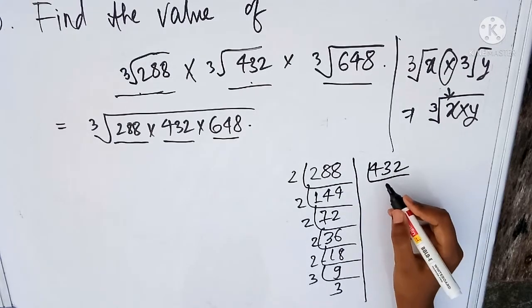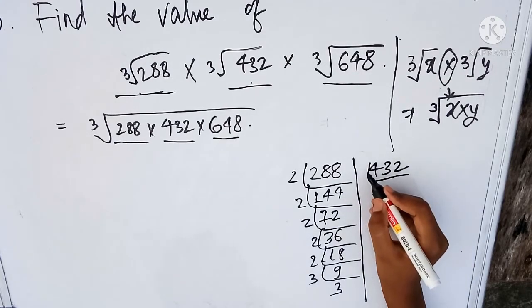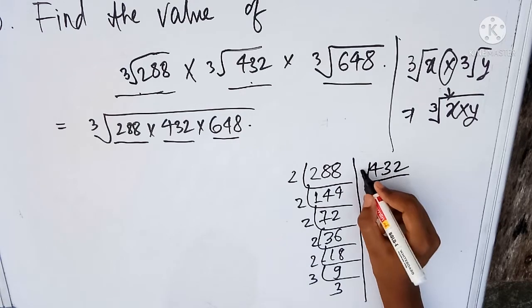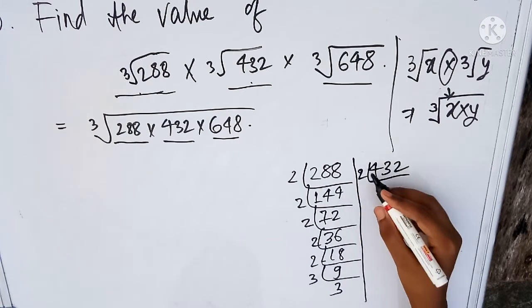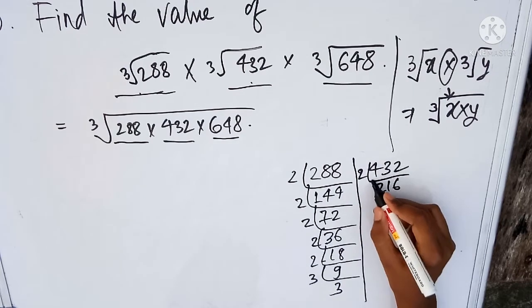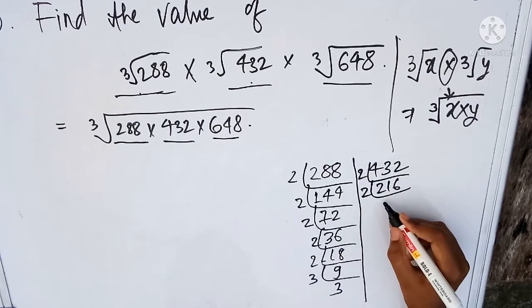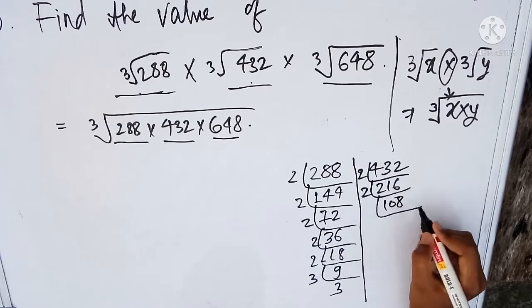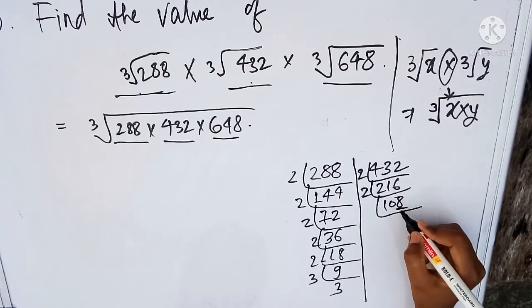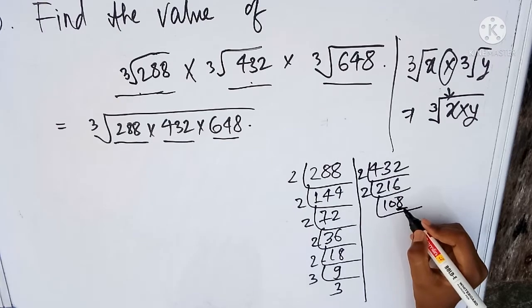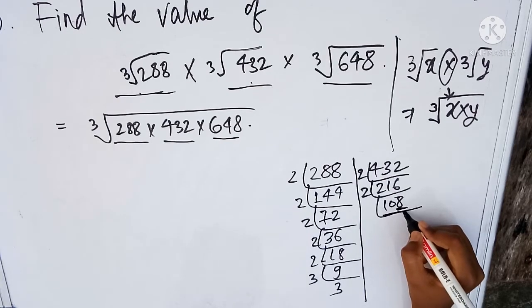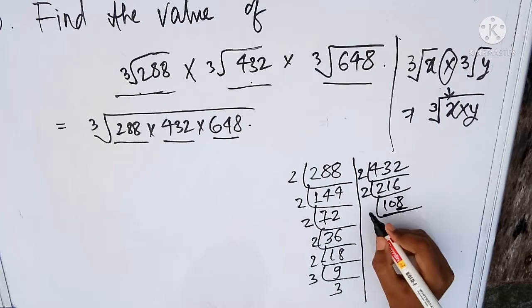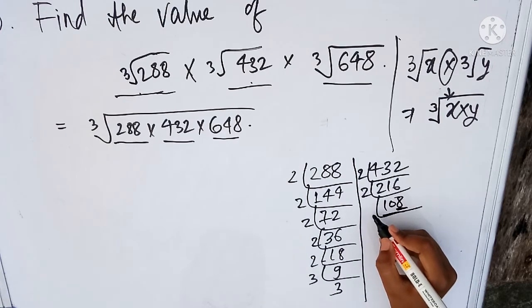So when you factorize this, we will start with the smallest number, which is 2. So here we have 2 multiplied by 216. Again 2 multiplied by 108. Now here we can know from the unit digit whether this number is divisible by 2 or not. If the unit digit is a multiple of 2 or 0, then we can say that it is divisible by 2.